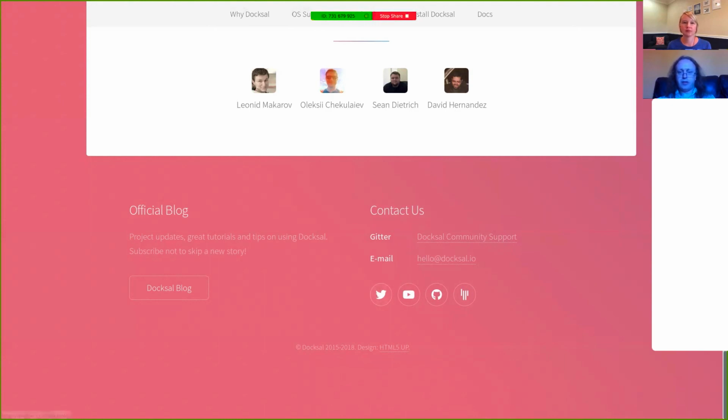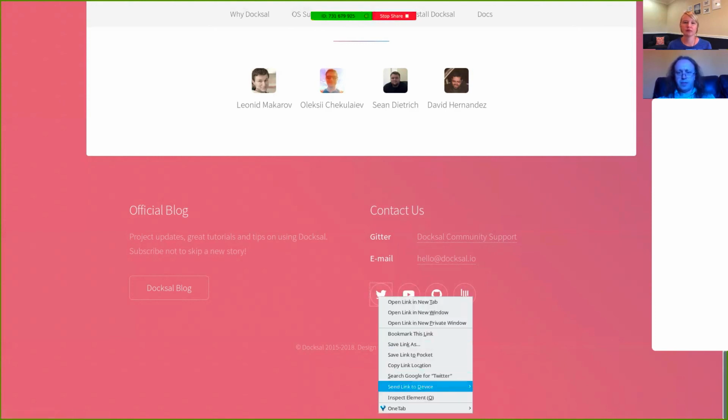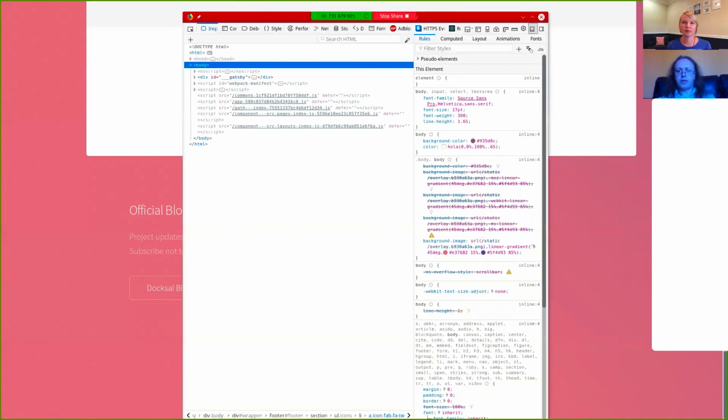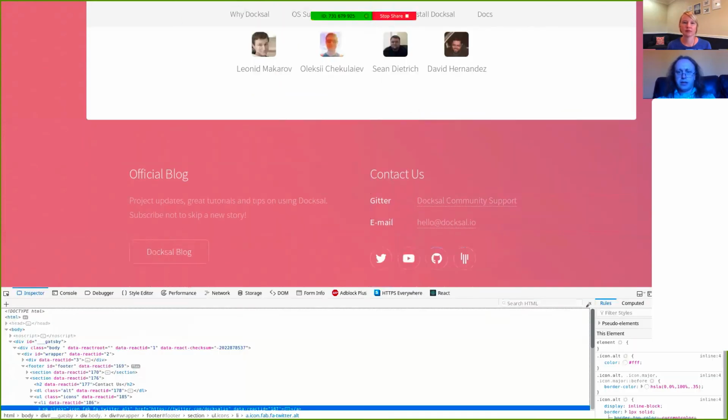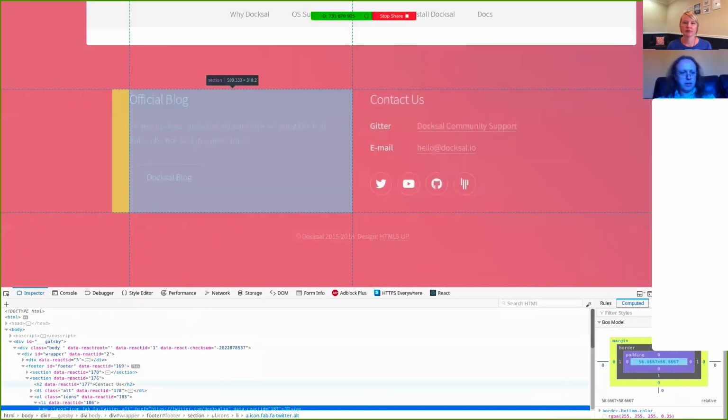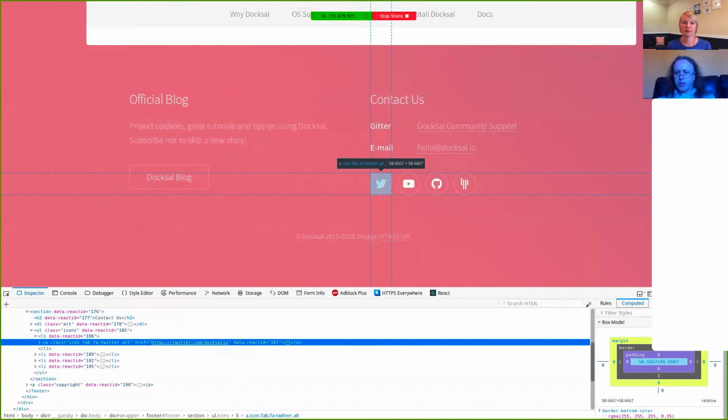There's another thing you can do as well that I looked at with these buttons here, the social media links. Let's get into the browser tools, put that down in the bottom there, scroll again, and computed. I've got the piece of the browser tools which gives you the dimensions of the thing.